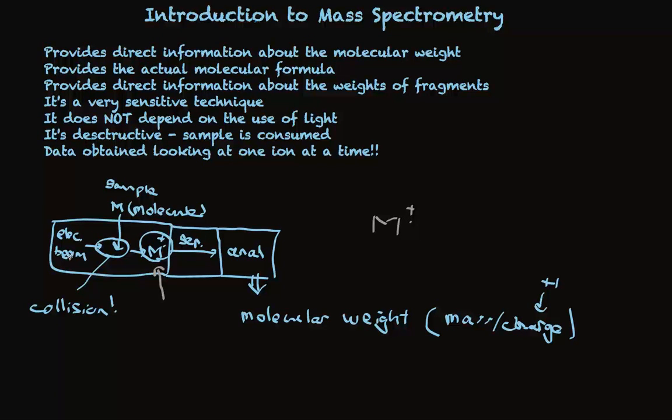When that electron smashes into that molecule, it not only knocks out an electron to create a positive charge, but it provides so much kinetic energy that the vibrations that result often cause breakage of bonds. So this molecular ion